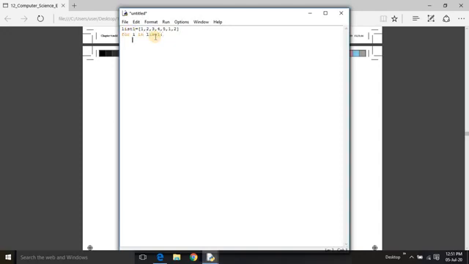What we have to do, we have to print the number is, and you have to make use of the function called count.